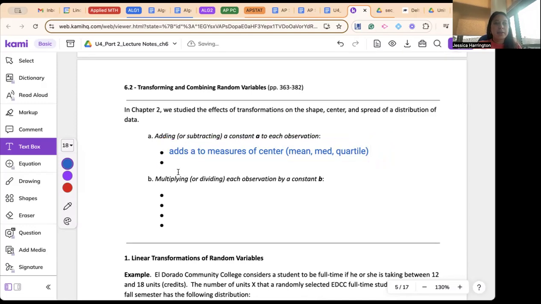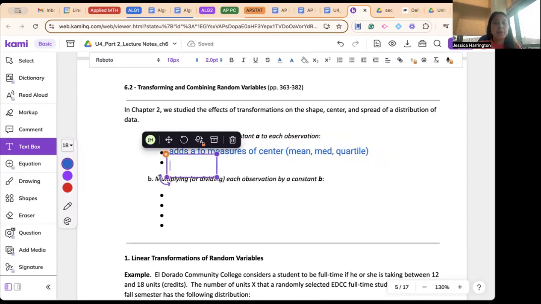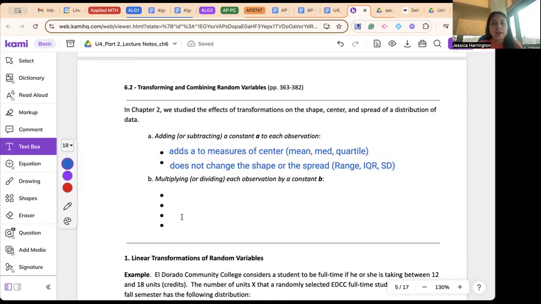Maybe you don't remember this, but it does not change the shape or the spread. The spread is still the same. So those things like the range, IQR, and standard deviation are not impacted. If you multiply or divide by a constant,